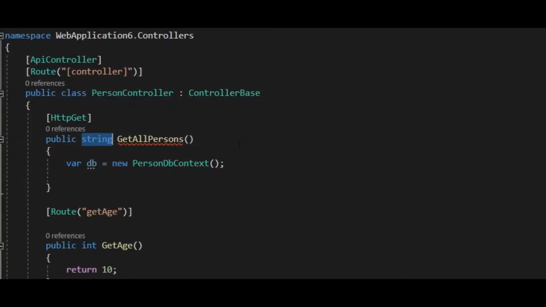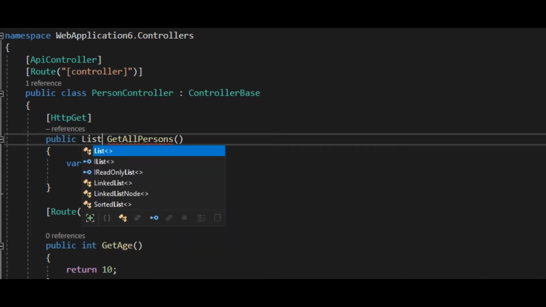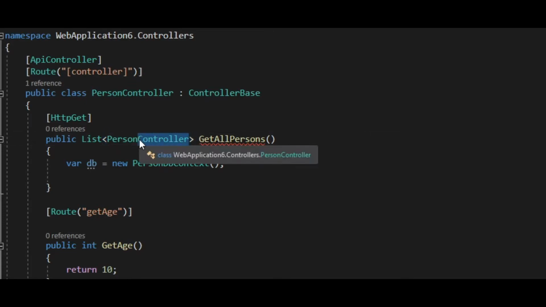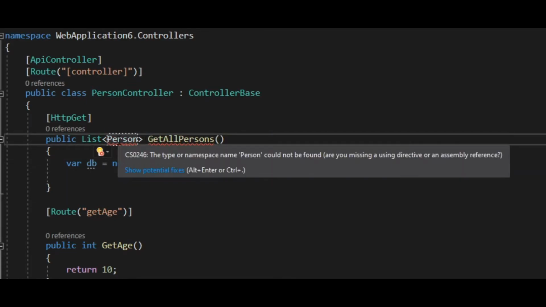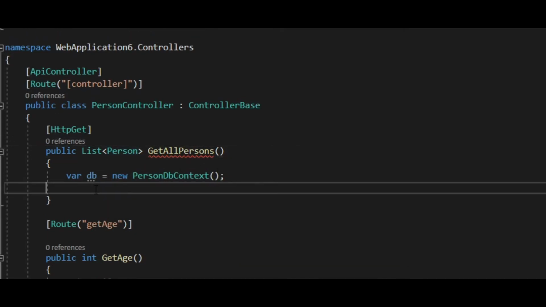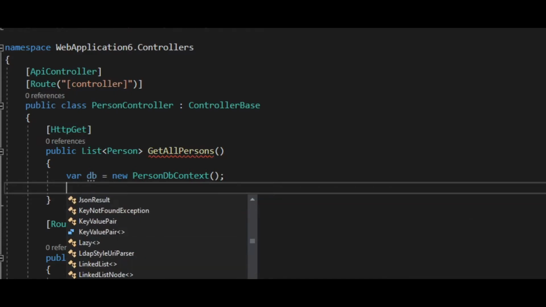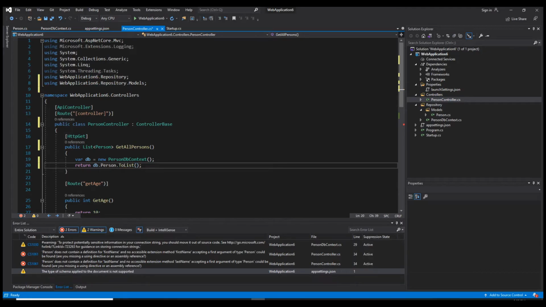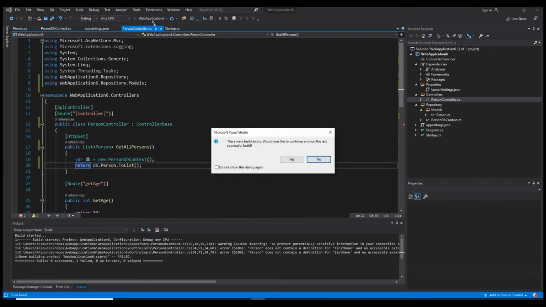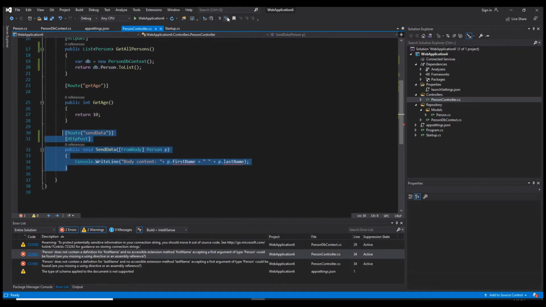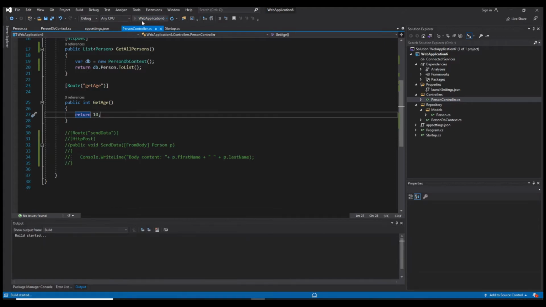Now here, instead of string, we need to return a list of people, so List of type Person. If it doesn't find it, we also need to use it. And now here, let's create our list. Or actually, we don't even need to create our list. We can do return db.Person.ToList. Now if we save that, we have an error. Let's check. Okay, I'm going to comment this out for now. If we run this